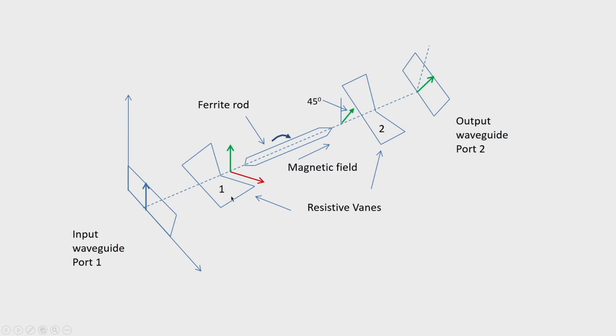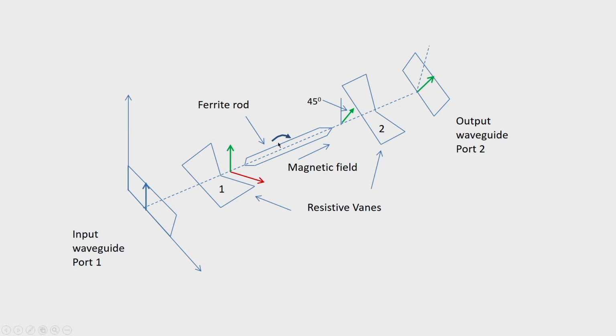Now, this type of resistive vane actually absorbs the wave if the electric field is parallel to such vanes. So, here this electric field being perpendicular, it passes unattenuated, it enters in the ferrite media